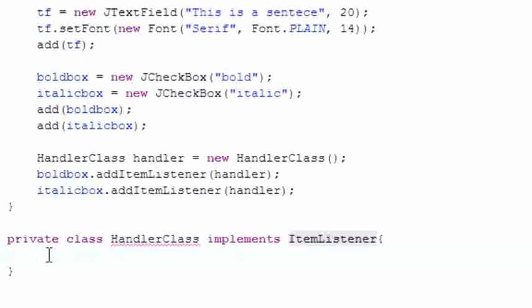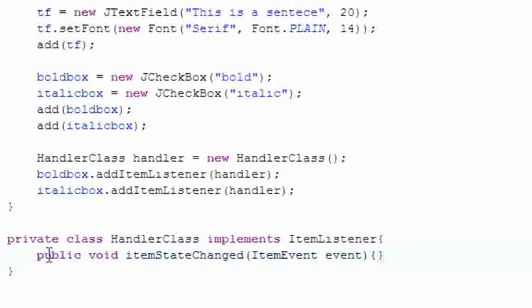So let's go ahead and overwrite this right now. So public void item state changed, like that. Make sure you spell it right, if not you're going to have some problems. And the parameter it takes here is the item event